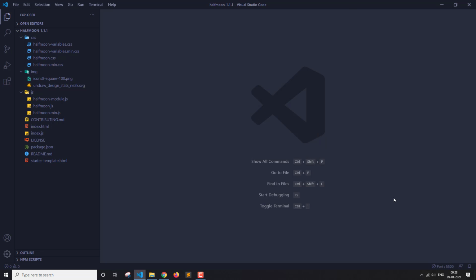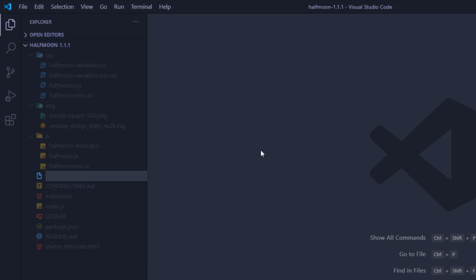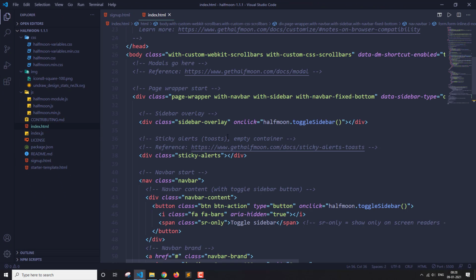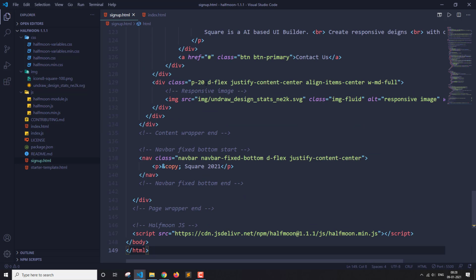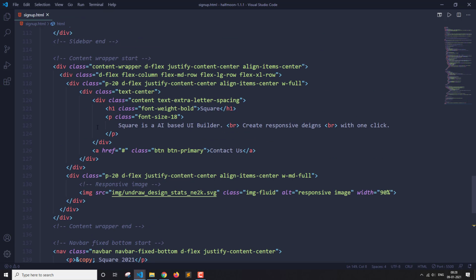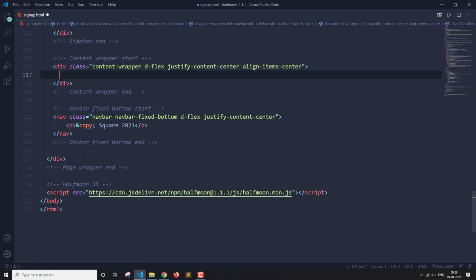So last time we completed the index.html page. Now we are going to create sign up and login page. So let's first create the sign up page. Now we'll just copy everything that is there from the index.html in this sign up page. Now what we want is just this middle wrapper part, so we are going to remove everything from in here,